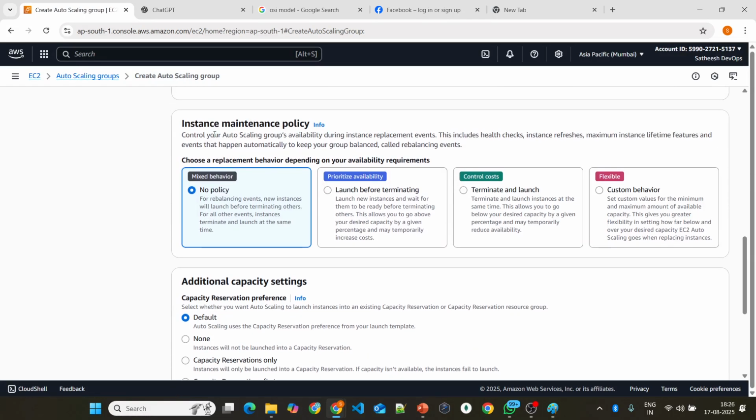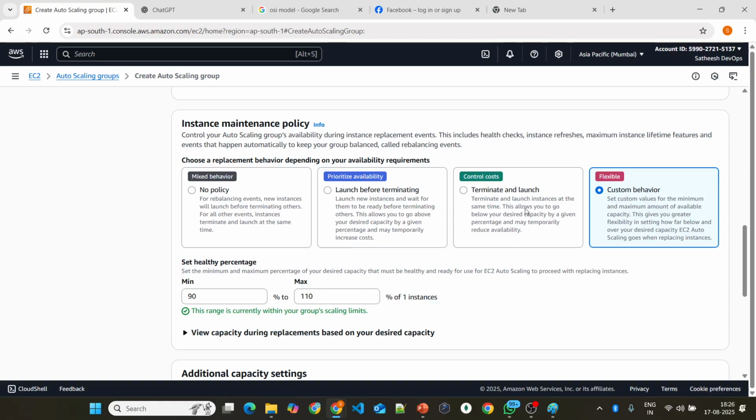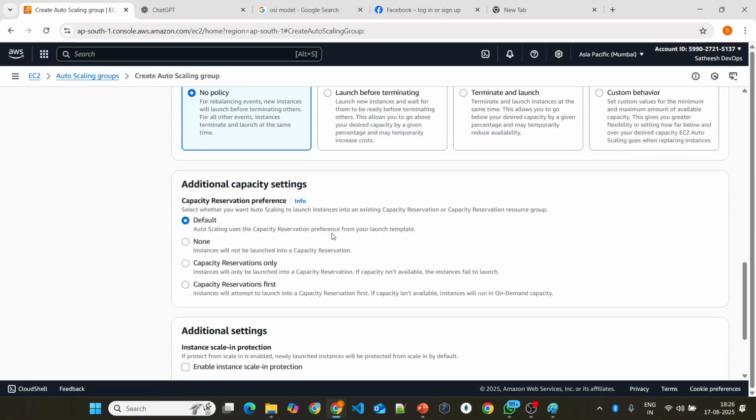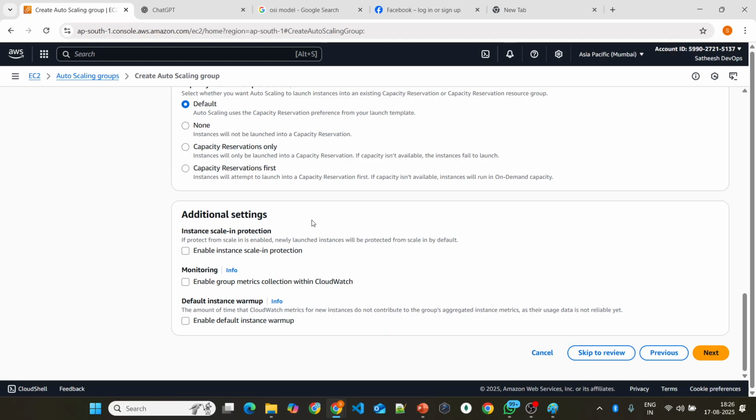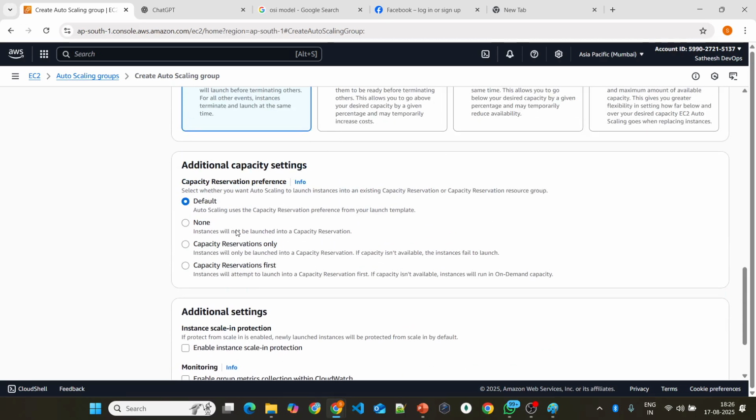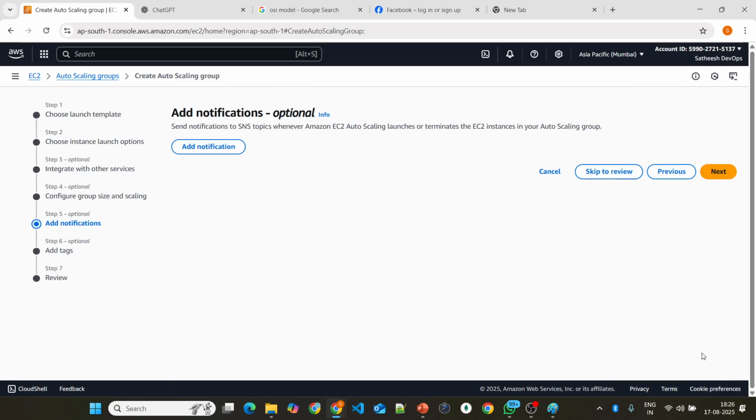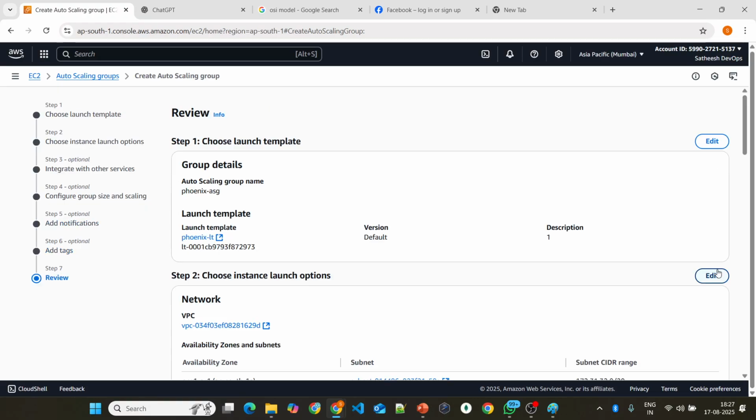And then you see something called instance maintenance policy. That means if the machine is marked as unhealthy, a new machine is going to get created. Launch before terminating means you create the machine and then you terminate. Then there is terminate and launch, and some custom behaviors, if you want to control the custom behavior. So I'm going to choose no policy here, and I'm not going to change any of the default things, because if you have any reservations, you can choose capacity reservation here. Then I click next, and next, and next,